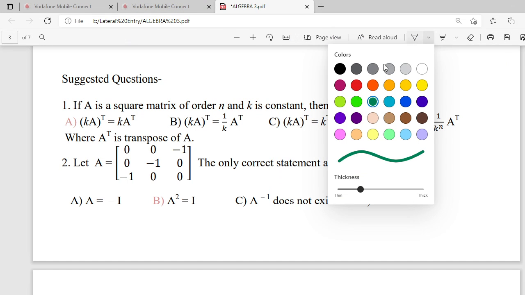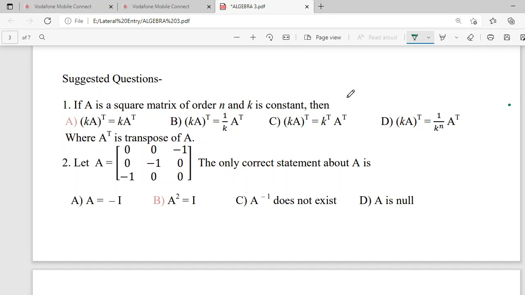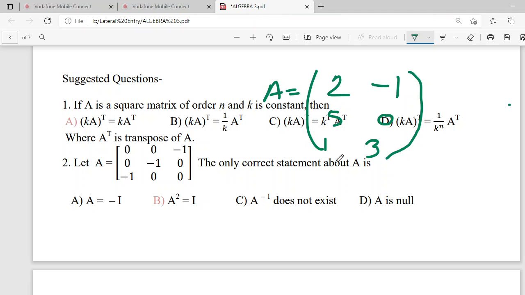Suppose A is equal to, say, 2, minus 1, 5, 0, 1, 3. Then what is KA? KA is